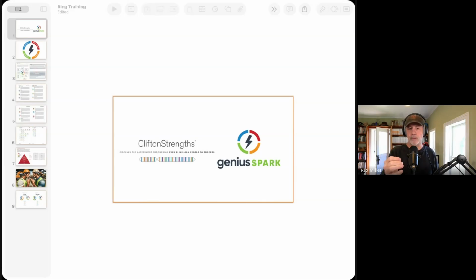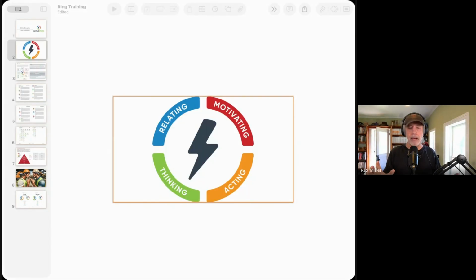The blue is the relating zone. The language is the instinct you've got. Remember, the strengths are these dominant parts of the brain that react instinctively and in real time. And I'll go back to Gallup. Now, Gallup has what they call their domains, but they don't have a pattern language around it. And it's interesting that Core Clarity and Gallup categorize 12 of the strengths differently. And we'll talk about that.